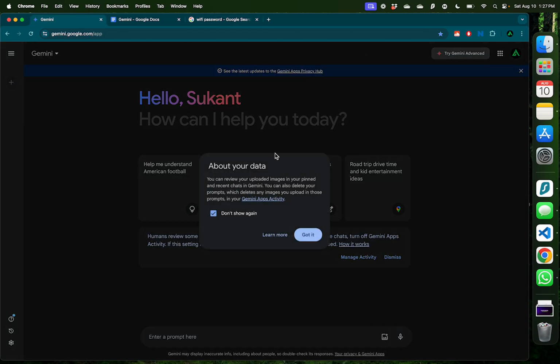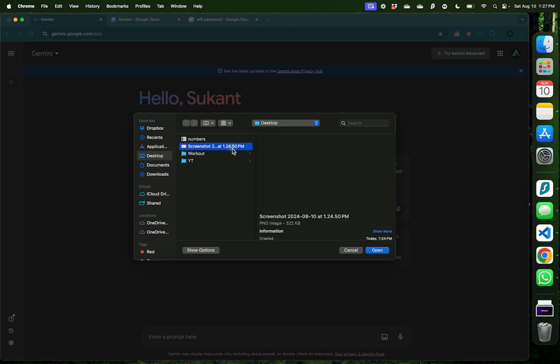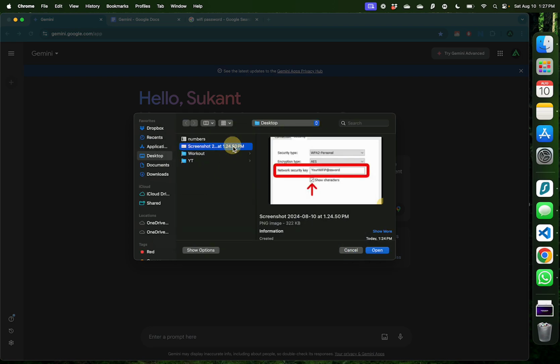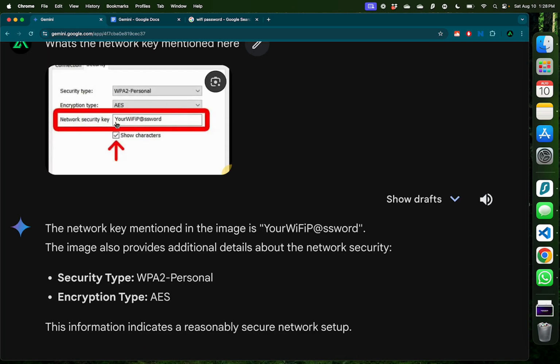Upload that image to Gemini. It's going to mention a note about your data, so make sure you don't upload something which is super confidential. For me, it's just a network password, so it's not that confidential. So now I'm going to upload that image and ask, what's the network key mentioned here? And there we have our password, which is mentioned in this image screenshot,